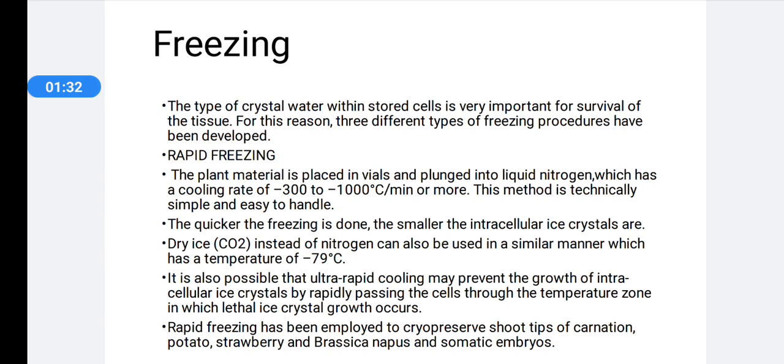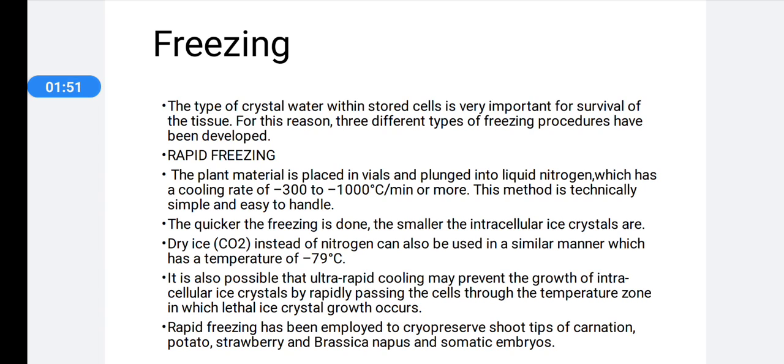Rapidly passing them prevents the formation of lethal ice crystals. This rapid freezing has been employed to cryopreserve shoot tips of carnation, potato, strawberry, and Brassica napus, and also somatic